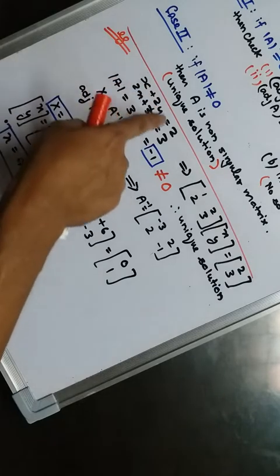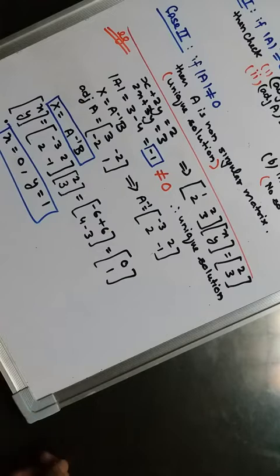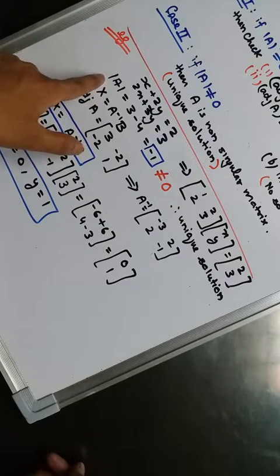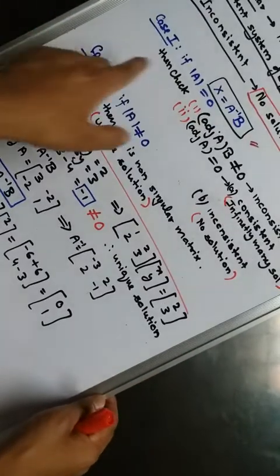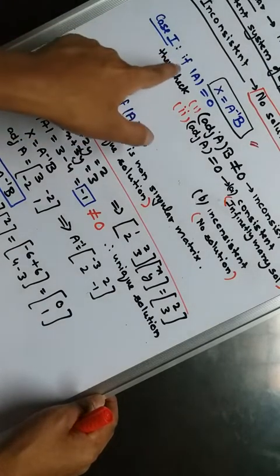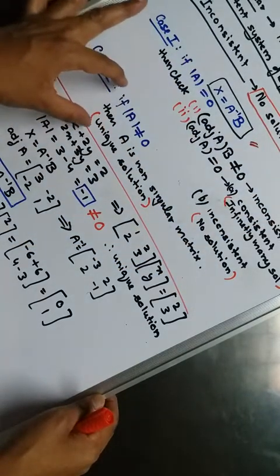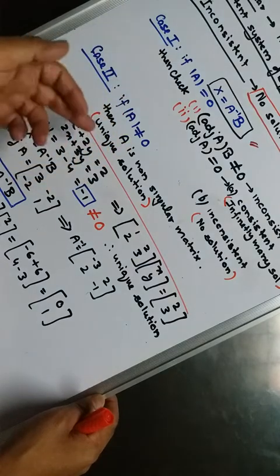So x plus 2y is equals to 2, 2x plus 3y is equals to 3 is given to you. So first of all, take out the determinant of A. Why taking out the determinant of A? We know that we have two cases, case 1 and case 2. Case 1 says this is equals to 0, then we have to follow these steps. Case 2 says that if we have this not equal to 0, generally this happens only, so we have to